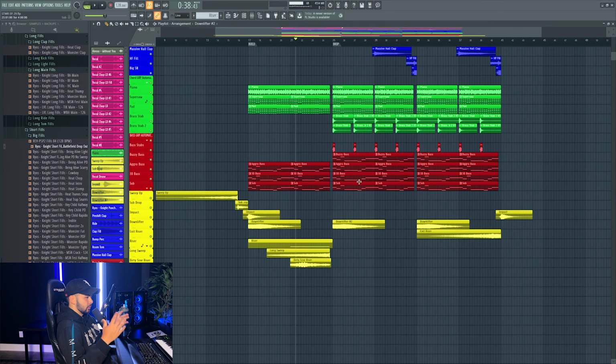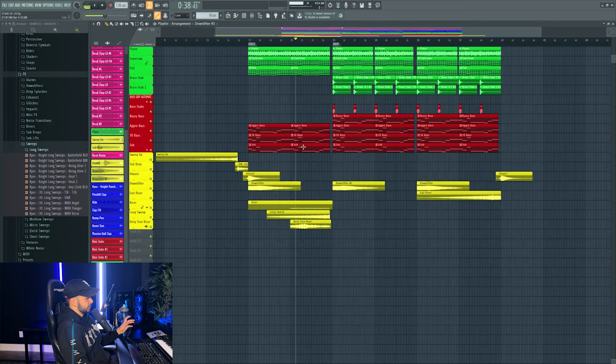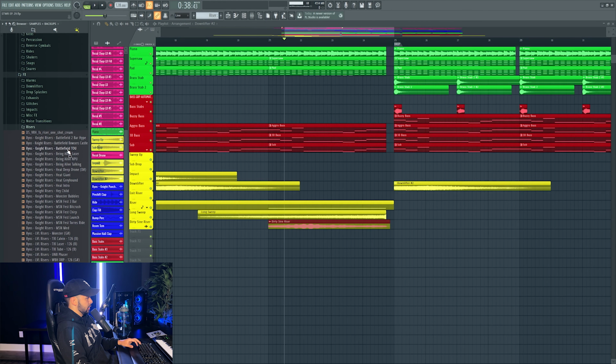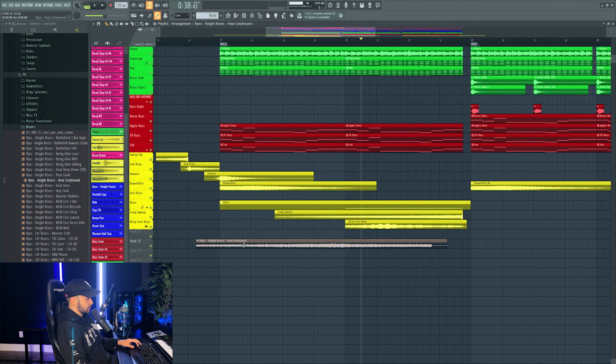Before I move on to the drop, because I do need to make a few more drop tweaks before we wrap up, the last thing that I want to do for this build is just to trial a few different risers. I don't know if I love this dirty sound riser that I put in here. So let's just trial a few other ones real quick, and then we can move on. So, even the Greyhound riser, maybe?